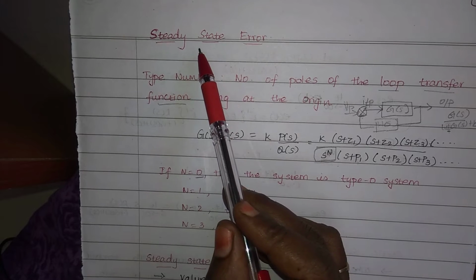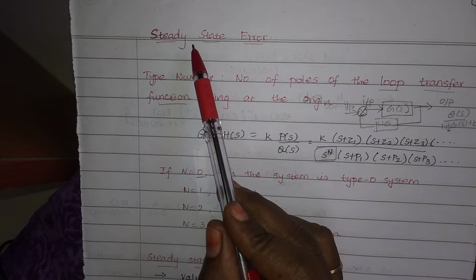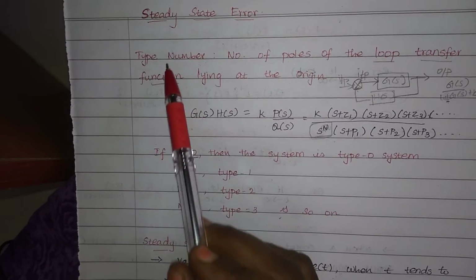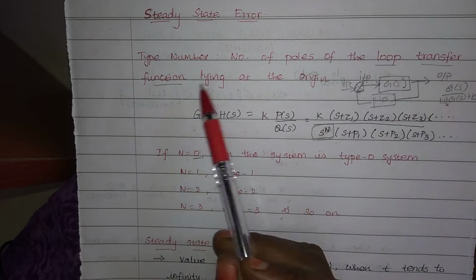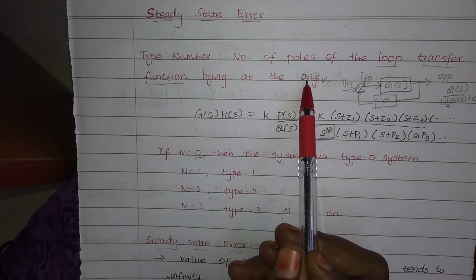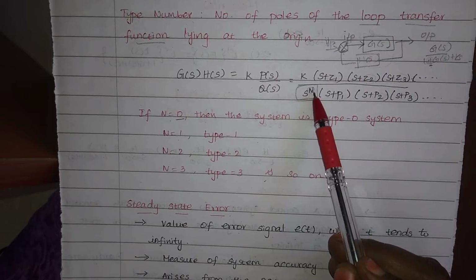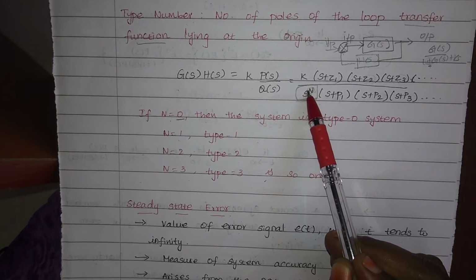Going to see about control system. First topic, steady state error. Before going to this steady state error, first we know the type number. Type number is nothing but the number of poles of the loop transfer function lying at the origin. That is, in any transfer function, the number of poles lying at the origin is known as the type